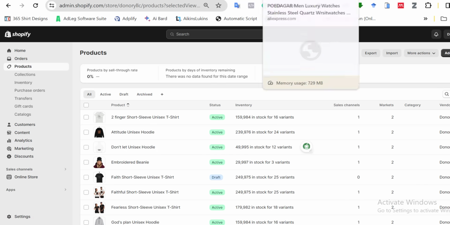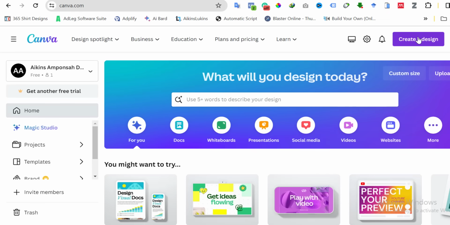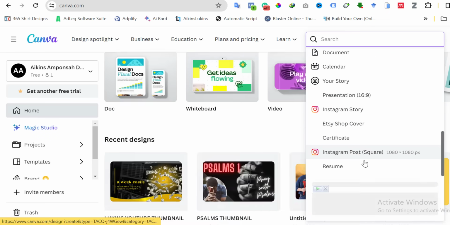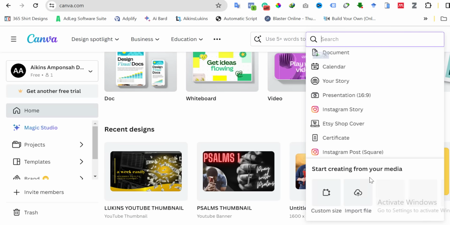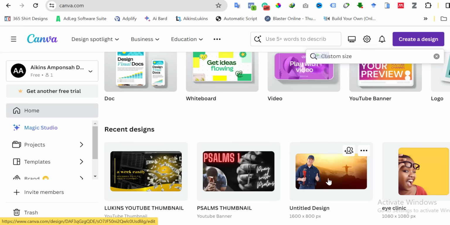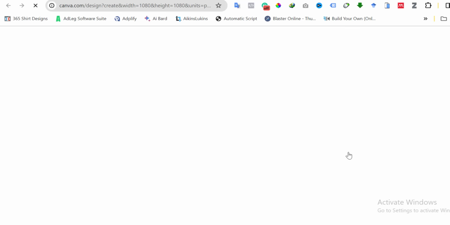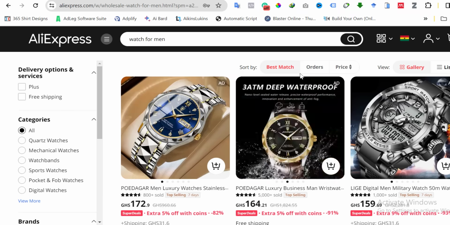What I do is that I use Canva. Okay, so I click on create design, and what I'm going to do is that I need to have a custom size. Normally for my online store, what I do is 1080 by 1080 pixels. So let me pick it since I have it here. And I'm going to load the product in there so that I have unique dimensions. So I'm using this